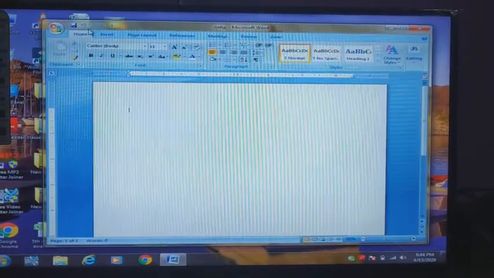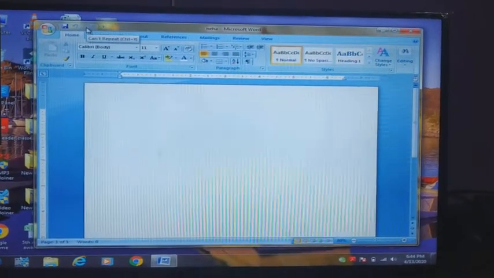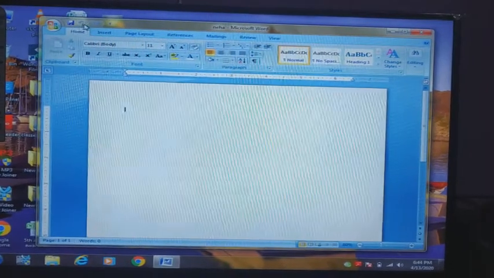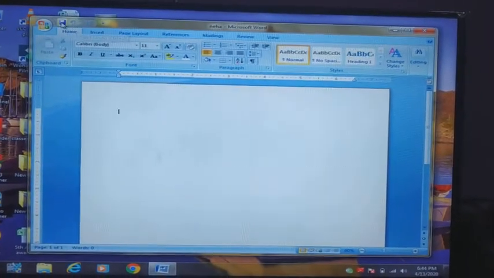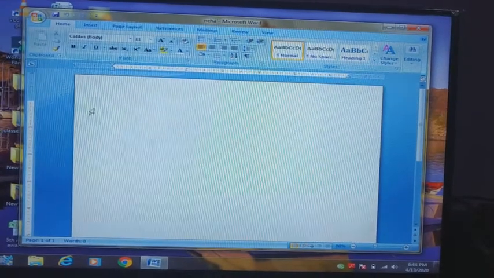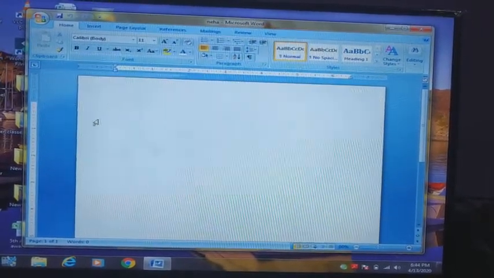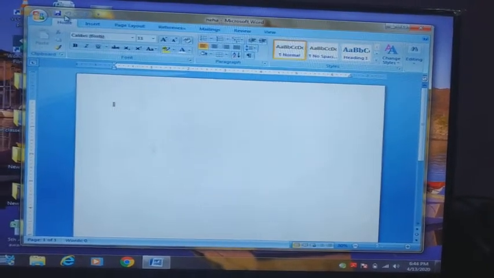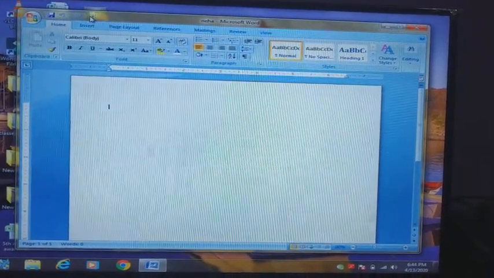The commands that are used again and again are placed here. For example, we need commands like undo, redo, save, print, bold, etc. So those commands are placed here. Those are needed by the user again and again.